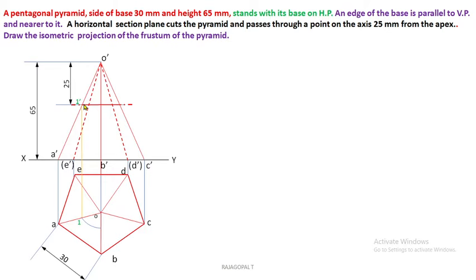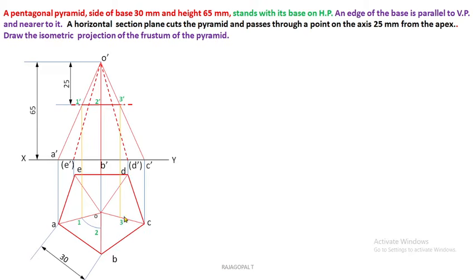Here it is, the section plane is already extended. So we can take O as center and 1 as radius, and draw an arc to cut OB. Make it point number 2. That is 2 dash in the front view and 2 in the top view. Next case, O dash C dash. Here it is the 3 dash cutting point. Now you can extend the projector from O dash C dash, 3 dash. The corresponding slant edge in the top view is OC.